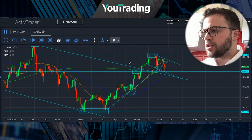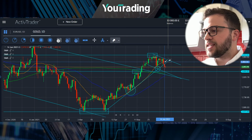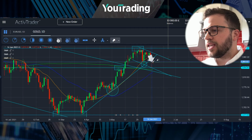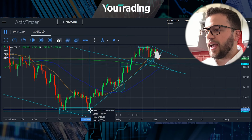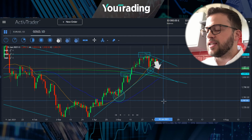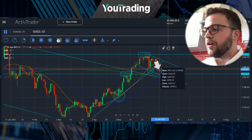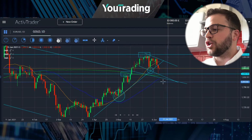We had 3 touches on that trend line, but we've been consolidating in recent days. You can actually see if I zoom in a little bit, we actually broke below this trend line that had been carrying us higher since the 31st of March. So this kind of confirms that technically speaking, gold is in a bit of a consolidation at the moment,